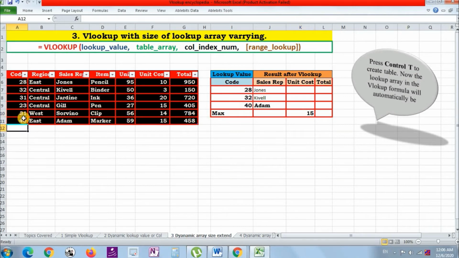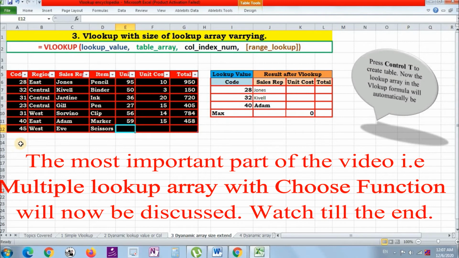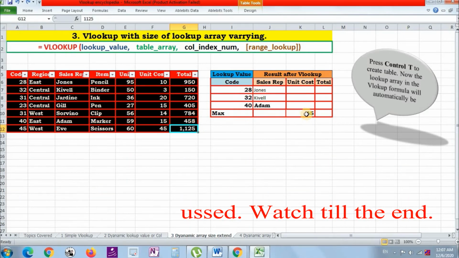Now the moment I enter any value greater than 40, which used to be the maximum earlier, it will automatically update the maximum value. So you can see unit cost has automatically been updated.